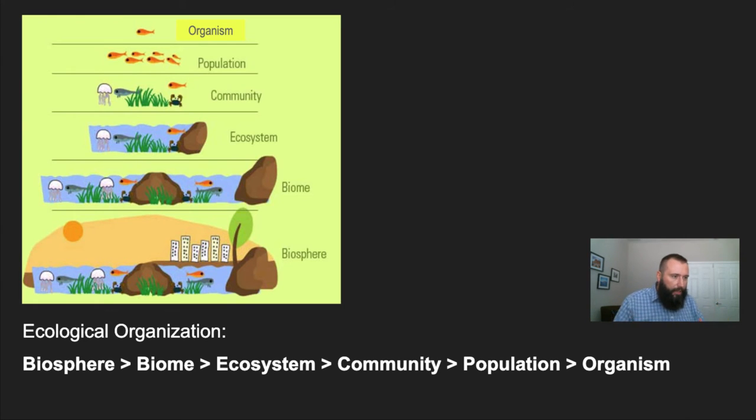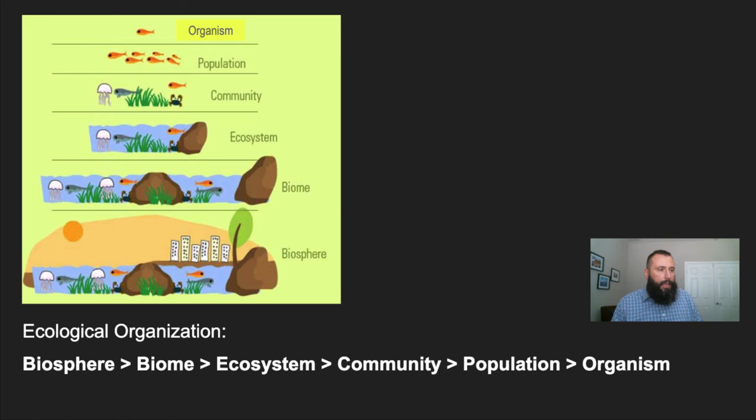Or we can define that system as an ecosystem, right? An ecosystem is a collection of communities that interact with one another in a very specific physical environment, right? And then think about the biotic and the abiotic factors that all are working together to make it